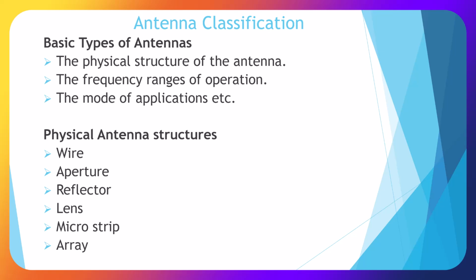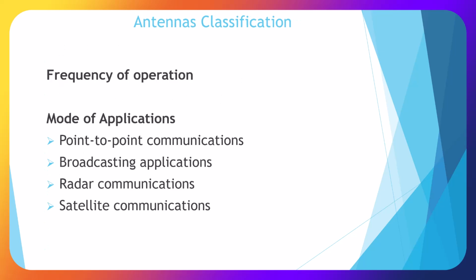Okay, for basic types of antennas, we have the physical structure of the antenna, the frequency range of operation, and the mode of the applications. Physical antenna structures are broken down into wire, aperture, reflector, lens, microstrip, and arrays. Other antenna classifications are the frequency of operation and the mode of operation, so point-to-point, broadcasting applications, radar communications, and